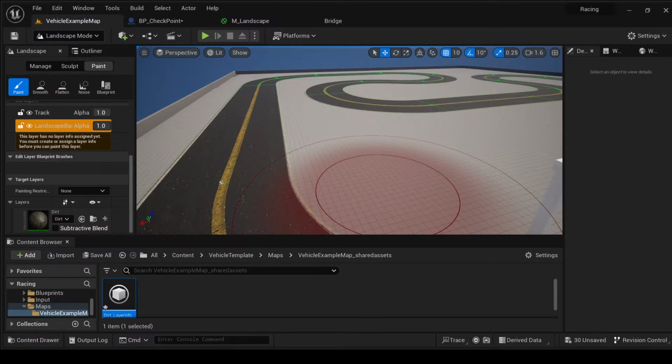So that's the issue right now. Let's select the correct material. Now we should be getting the information that I was looking for,